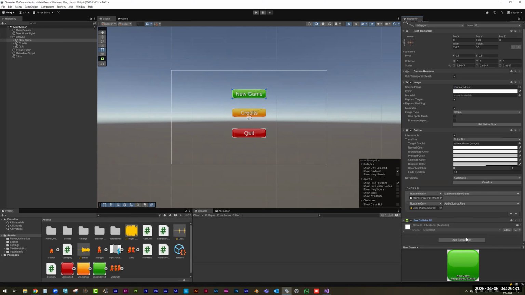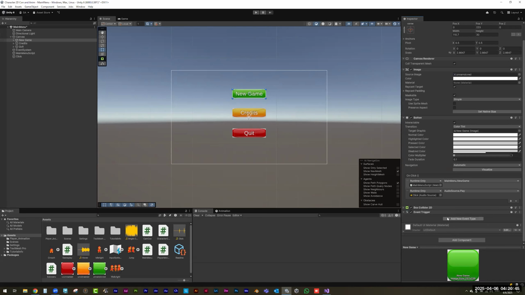So here, add a component. I'm going to select events. And here, I'm going to select the event trigger. And inside it, add a new event, pointer enter. That means when the cursor enters this area, the collider area, what I want to do,